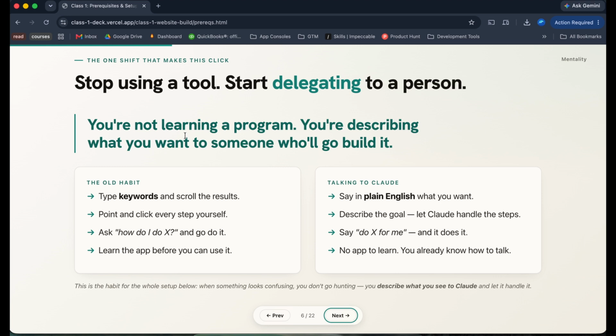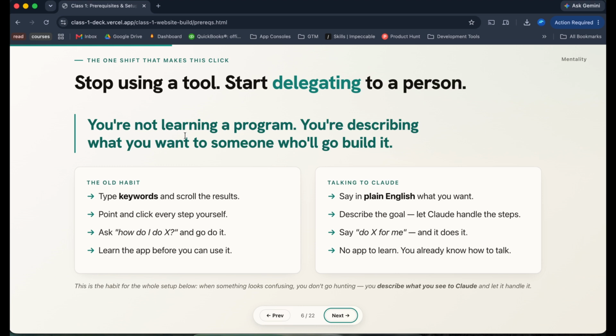Most of us are going to be non-technical, so we can tell it, hey, explain it to me like I'm a middle school student so that I can understand it better. We have that flexibility to get the answers in a way that we can understand. And there's not a lot of how do I do this anymore, because we can just directly ask Claude, how do I do that? Or please do that for me, and it will go and execute on our behalf.